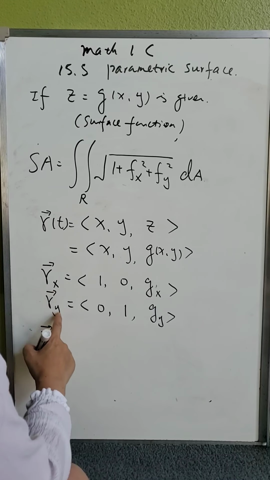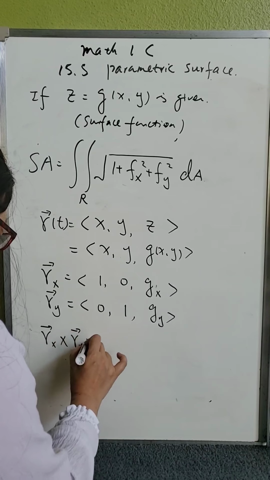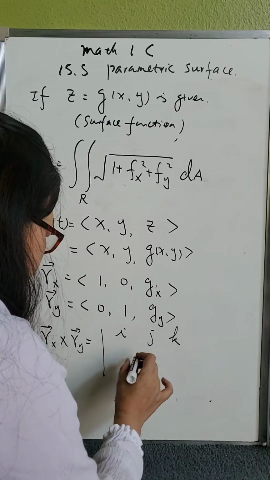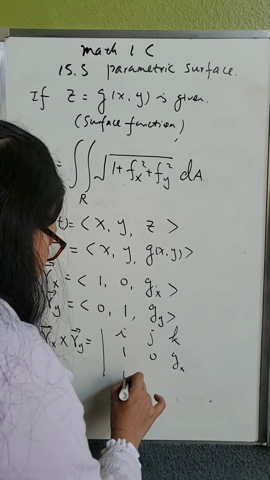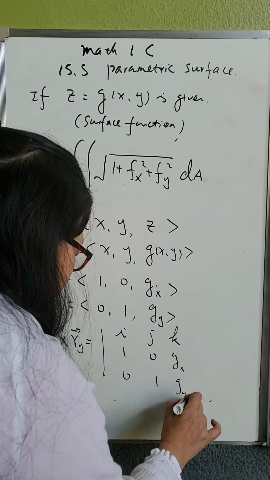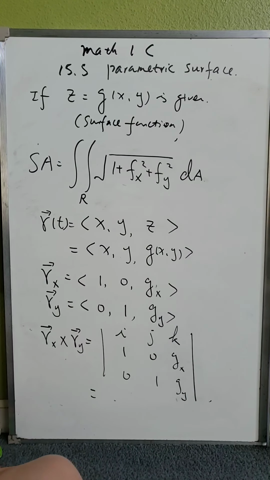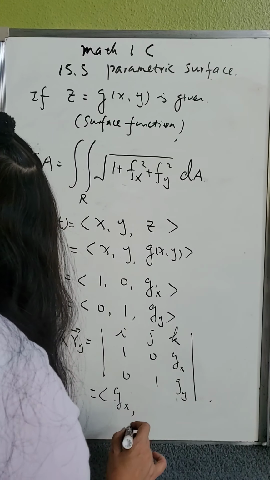I just use the x and y instead of u and v. This is i, j, k, 1, 0, Gx, 0, 1, Gy. And then that becomes equal to negative Gx,